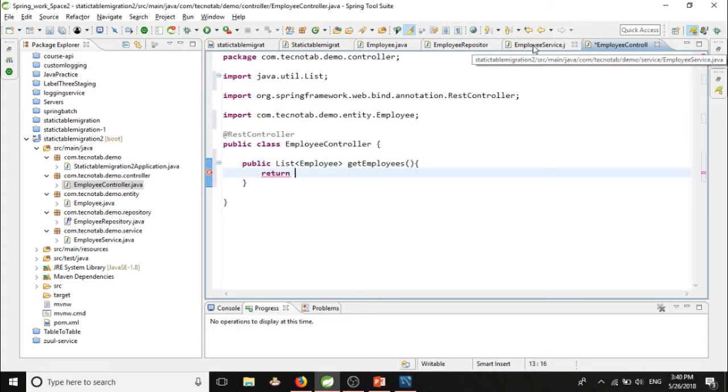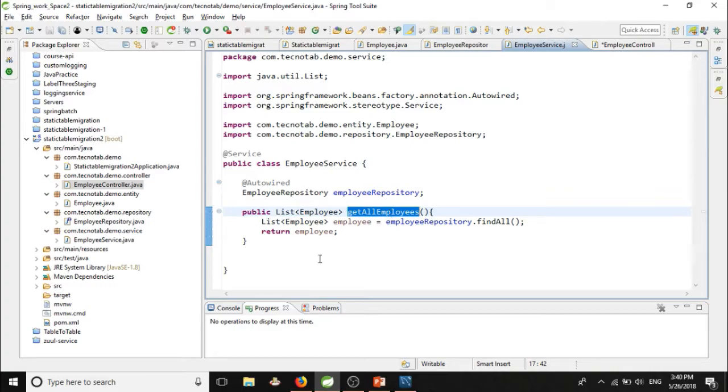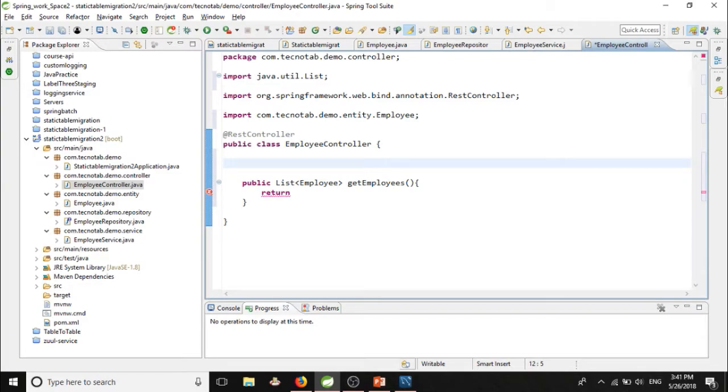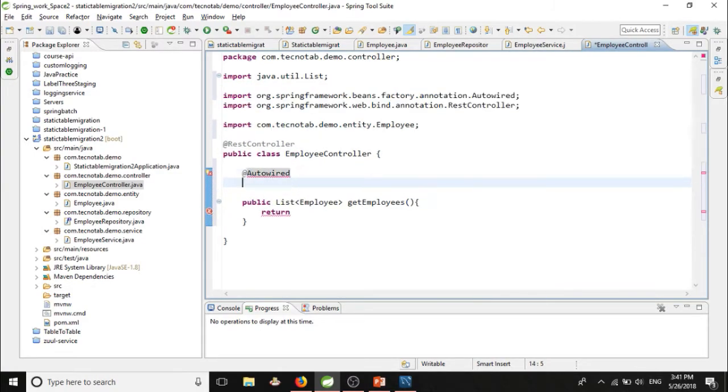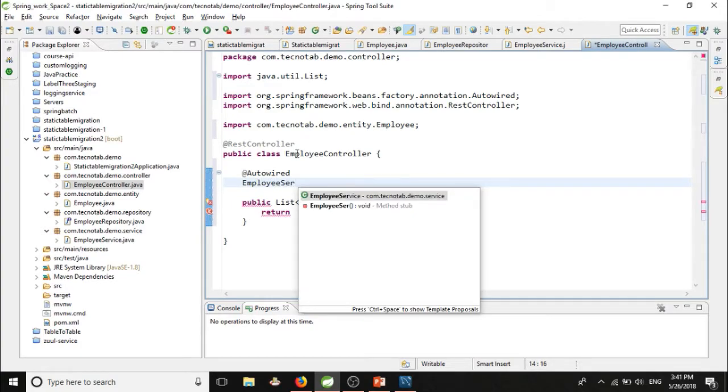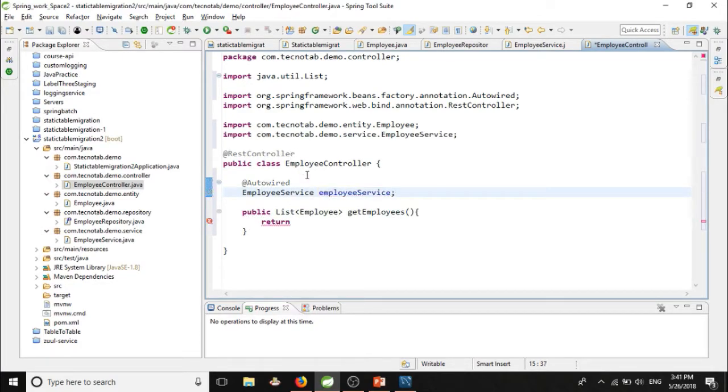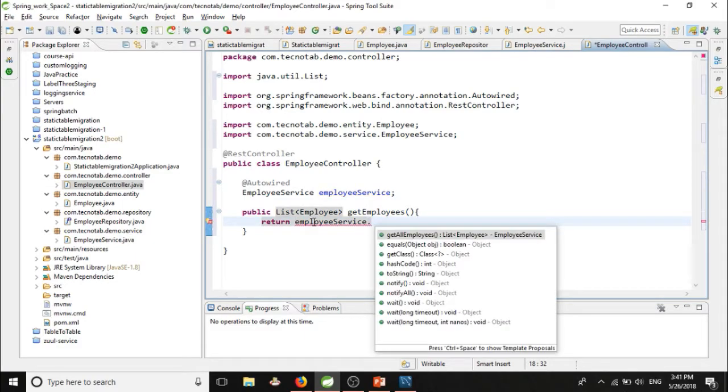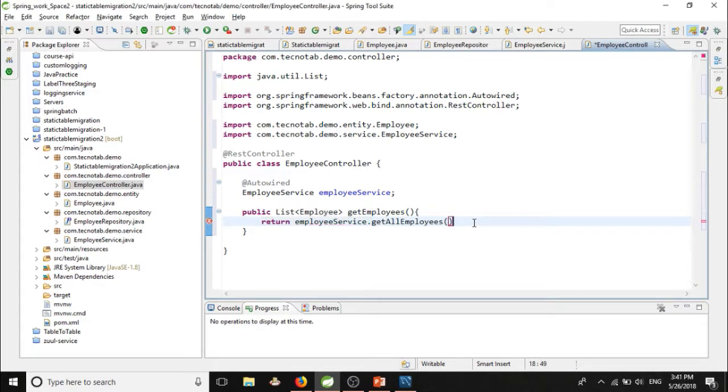We already have the list of employees available here. We just have to call this method in our controller. For that, first we need to call our EmployeeService in this class, so we give @Autowired and use this EmployeeService. We will call the method available in our EmployeeService class, getAllEmployees. That method we created manually, and we have called it here, and this will return us the list of objects.